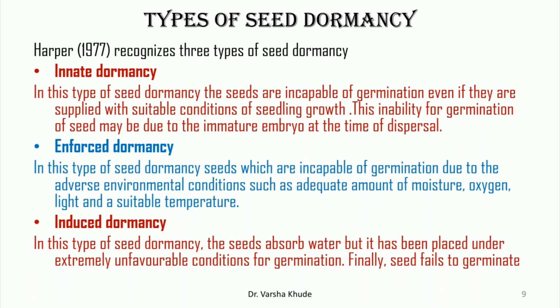An enforced dormancy is imposed by low temperature during winter itself. The seeds also fail to germinate in spring because of exposure to hot or dry conditions, which is an induced dormancy. This dormancy can only be broken by a second period of chilling. Thus, each dormancy type prevents germination under different sets of unfavorable conditions.